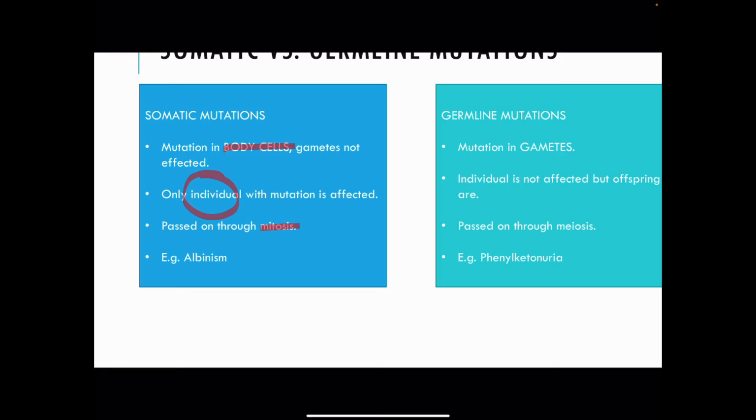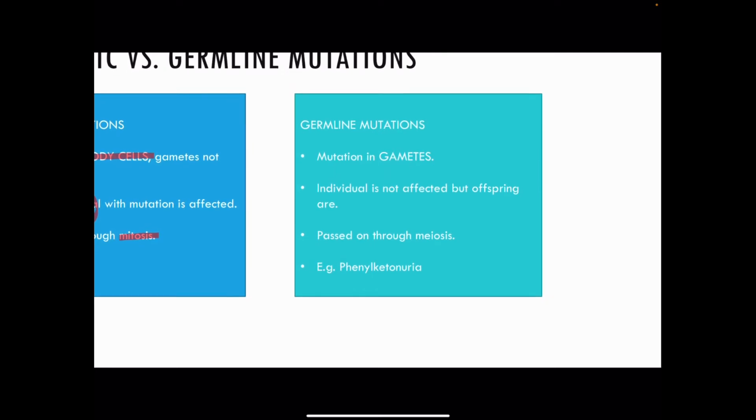Now, on the other hand, we've got germline mutations, okay? So these are mutations in the gametes or the sex cells or the sperm or the eggs. Now, the individual is not affected here, but the offspring that the individual has are. So let's say that there's some sort of mutation occurring in a sperm cell of a man. That man reproduces, that particular sperm cell is successful in fertilizing an egg, okay? That offspring is going to have that mutation that was carried in the sperm cell. So therefore, these types of mutations are passed on through meiosis, and that's because that's the process whereby gametes are